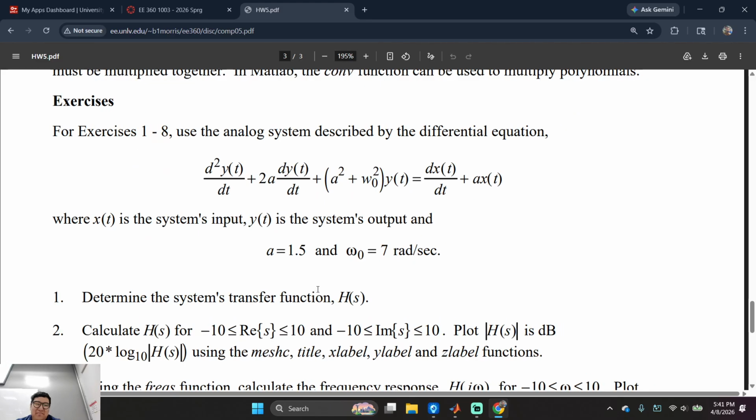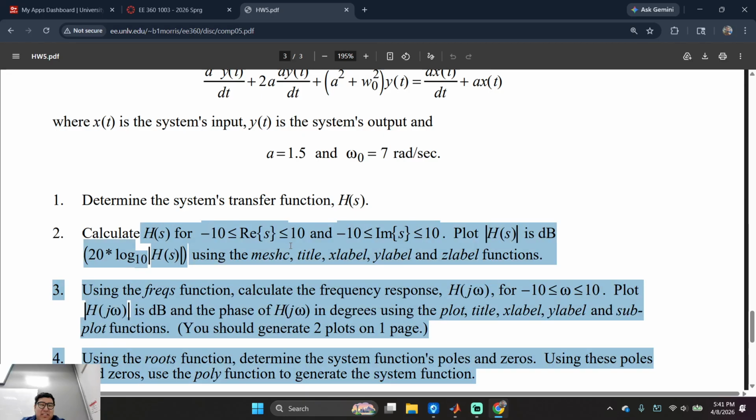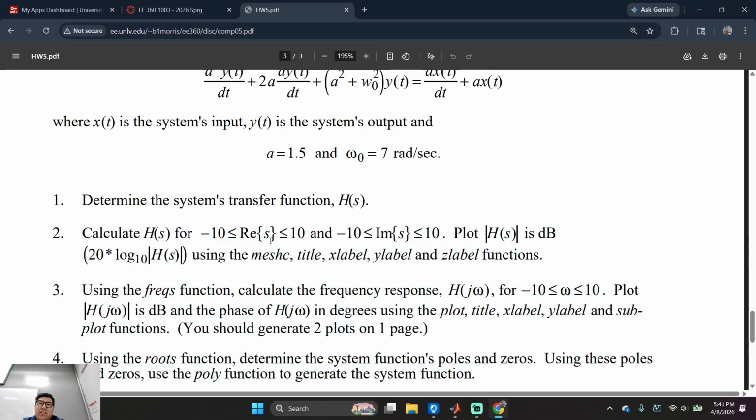I used your reference code and then just kind of iterated it. Derive the system transfer function. Everyone can do this in this class, correct? Everyone can do this in the exam, right? Yes. Good. Calculate the transfer function.